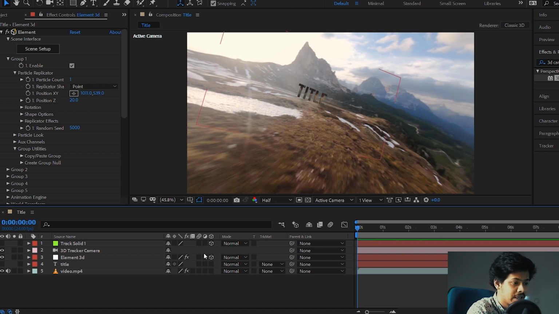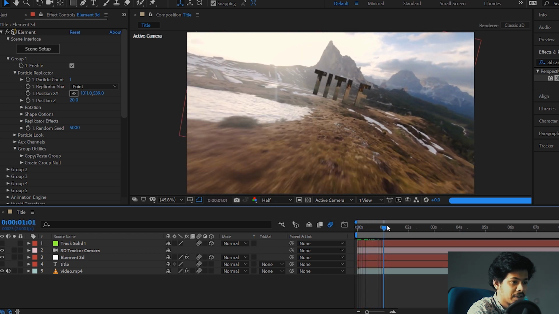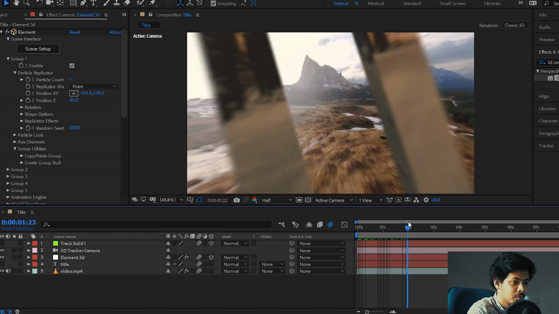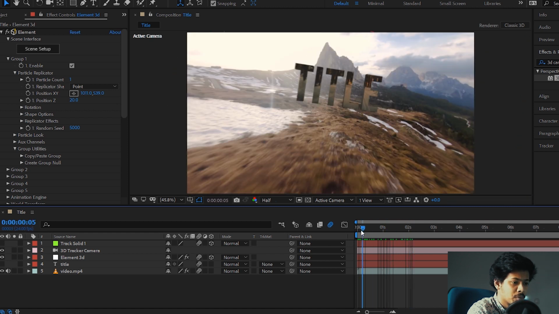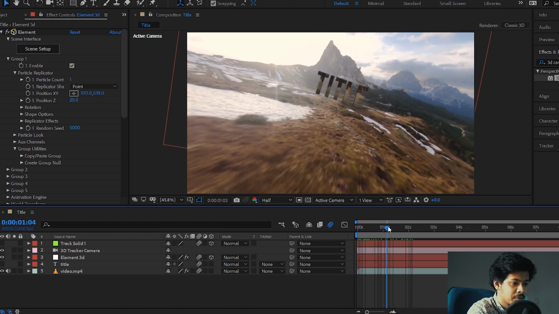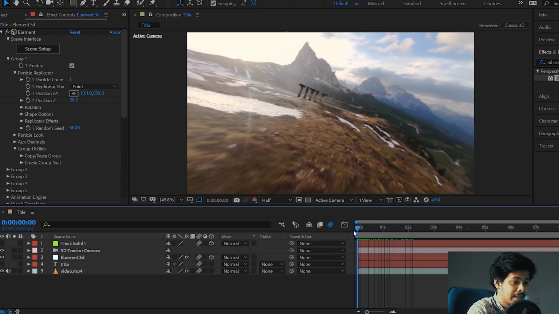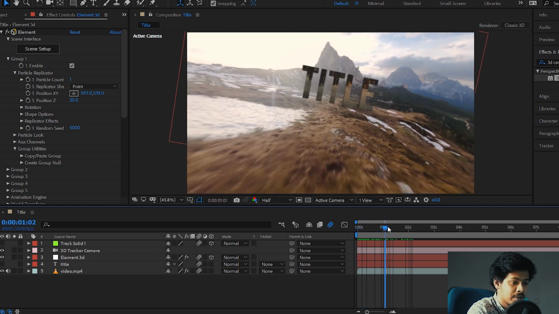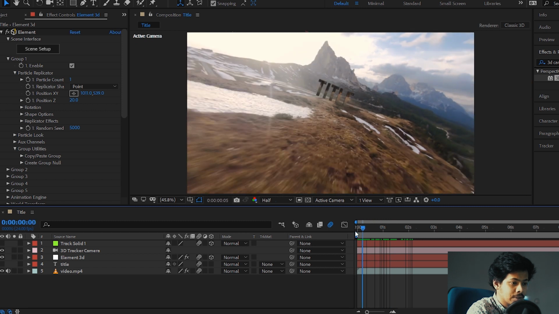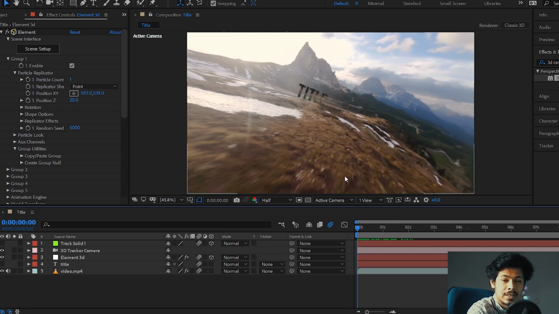One more thing you can do is enable motion blur on all these files and make sure that the overall motion blur is on. This is going to make our videos look a little smoother and give this motion blur effect to it and make it look even more cool and cinematic. One more thing you can do is add some color grading to it so that it looks even more blended in and everything looks like it's coming out of one single video. So this is how our video looks guys.